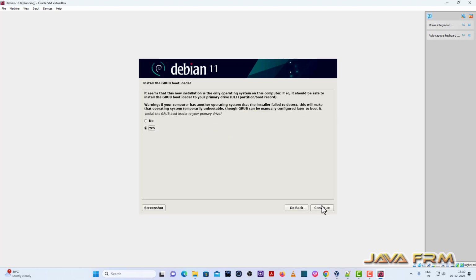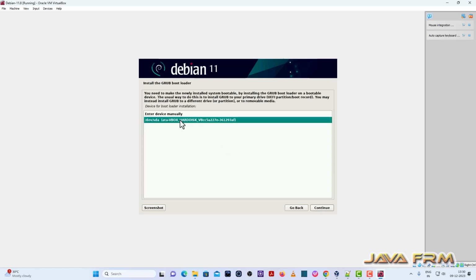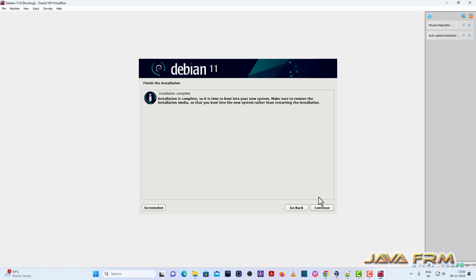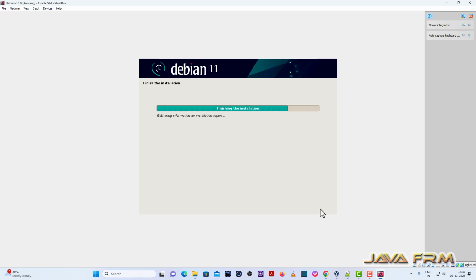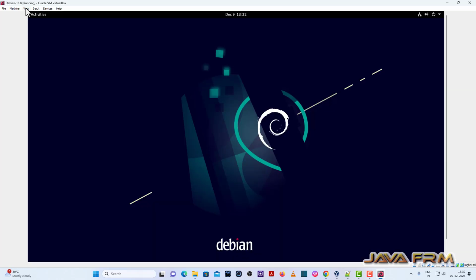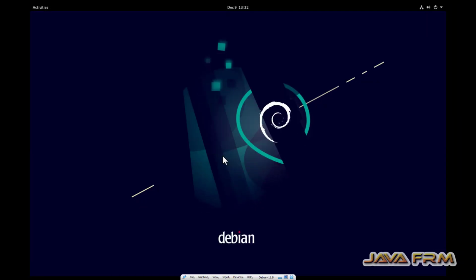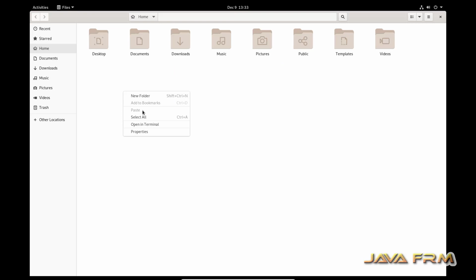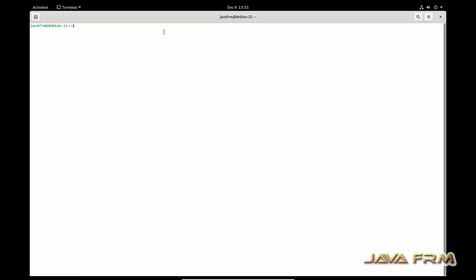So install GRUB bootloader, yes. Okay, select the virtual hard drive, continue. That's it. So installation is completed. Okay, continue. Okay, let me go to the file manager. See, I am not seeing any DVD mounted. Okay, so open the terminal,